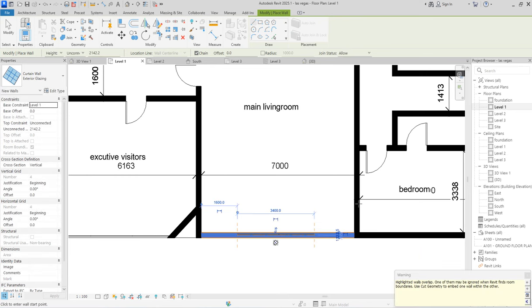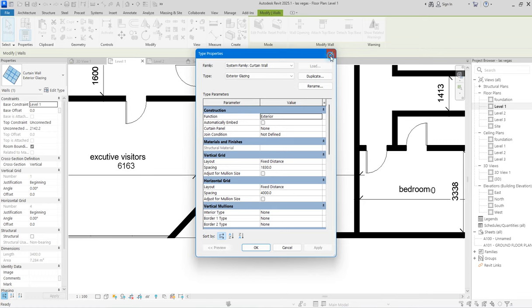What did you say? Say I like to overlap, so you do not bother yourself. Why is it overlapping? You come here to edit it. So what do you click? Automatic embedded. When you click automatic embedded, you see what I'm saying.